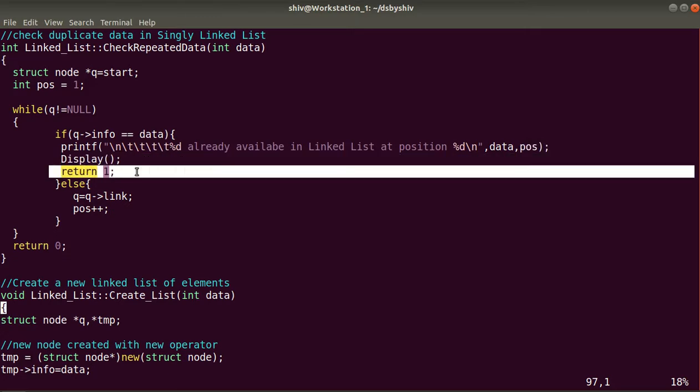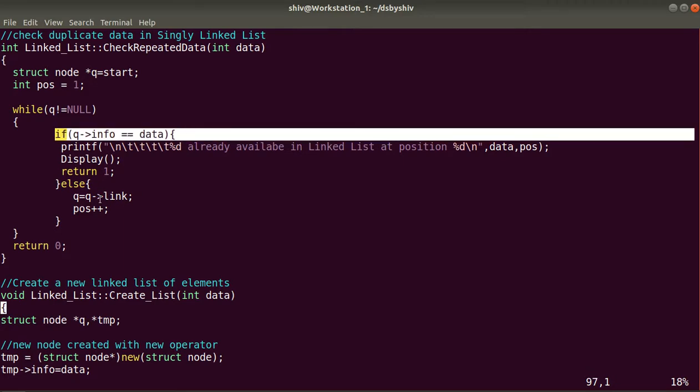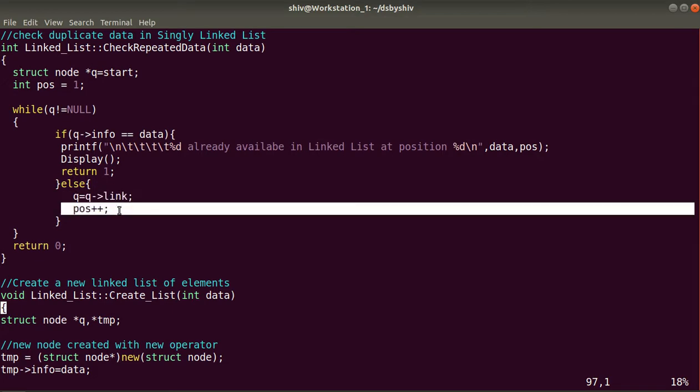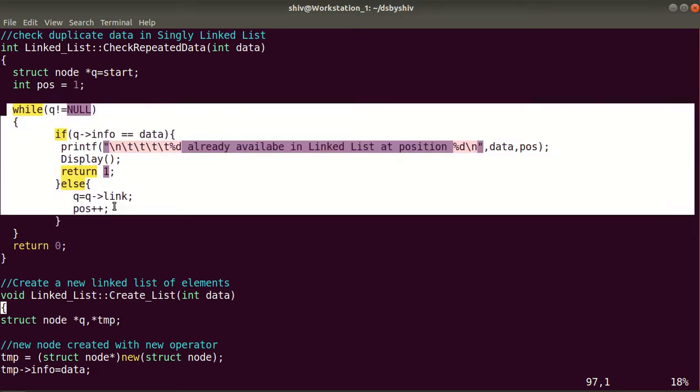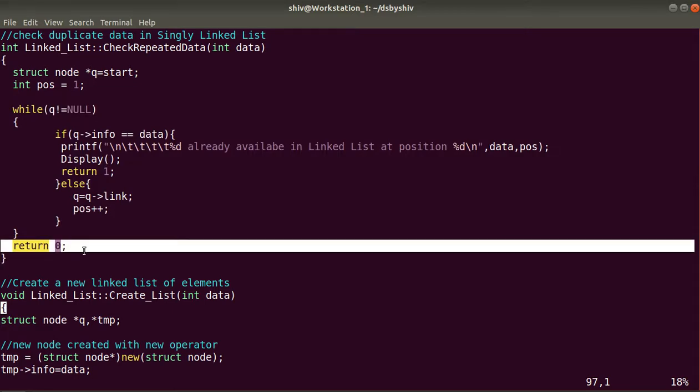We will return 1. Otherwise, if this condition is false, we will go to the next node and increment the position variable. Like this the while loop will run, and when this condition is false, we will return 0.